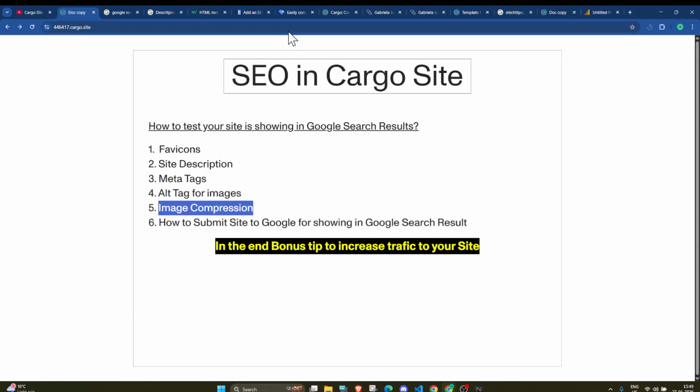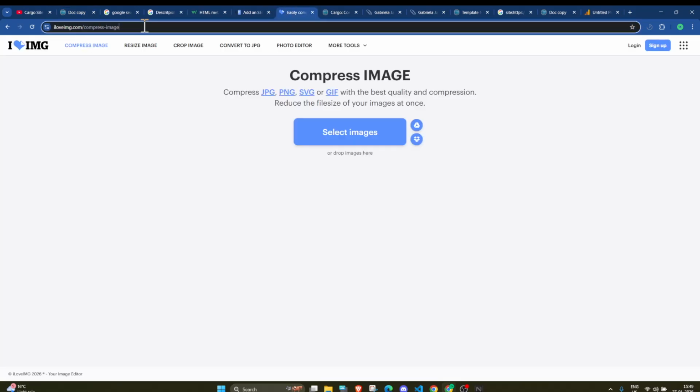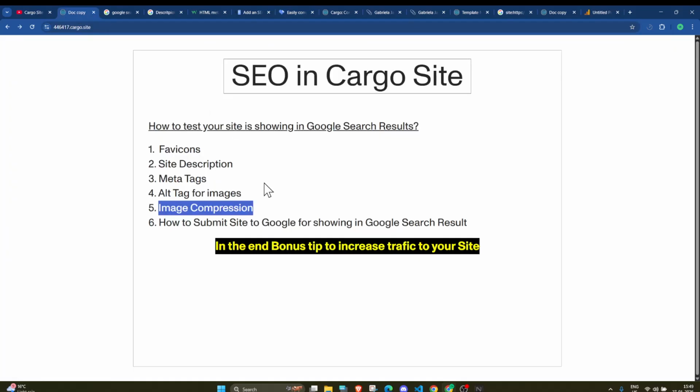So you can simply go to this website and compress your image, and it will not lose the image quality. It will provide the best image quality and make it web friendly, so it will load faster. This is a good practice, and this will help with better SEO.